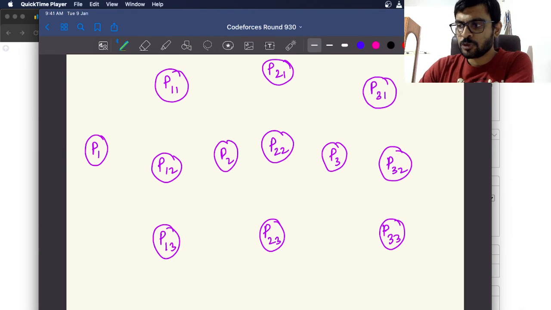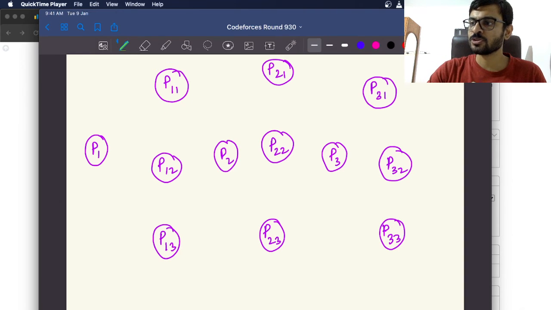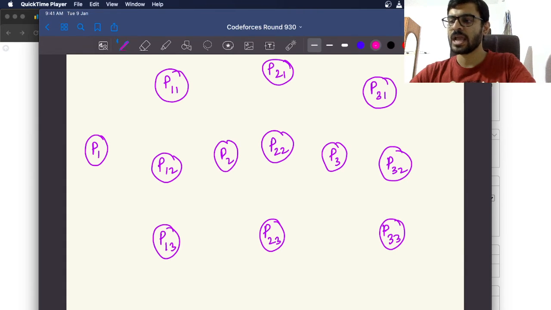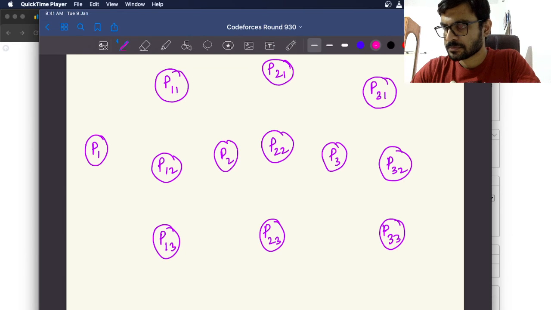What is my P1, P2, P3? Those Pokemons. So P11 is basically when I choose that, okay, I will choose this first attribute for Pokemon 1. So these three are basically Pokemon 1 with first attribute, Pokemon 2 with first attribute, Pokemon 3 with first attribute. This is something I'll have. So I'll say, okay, if you choose to use the first attribute,